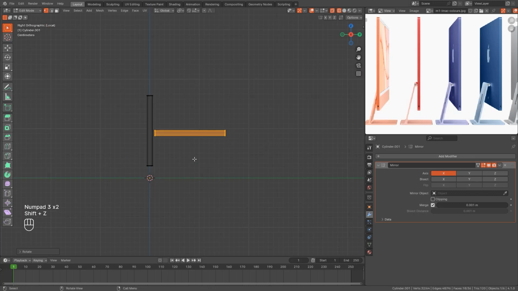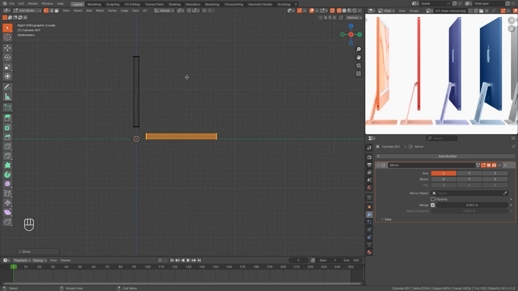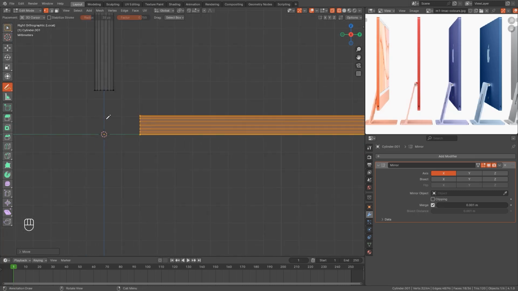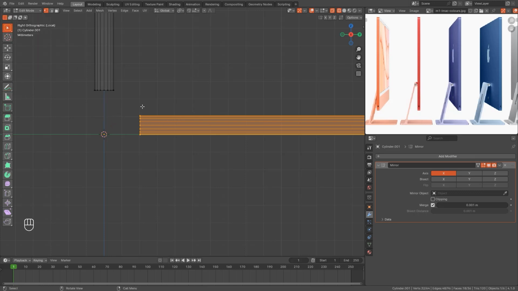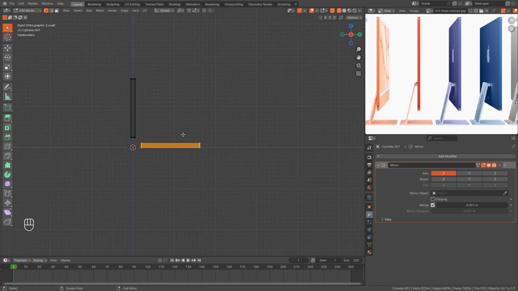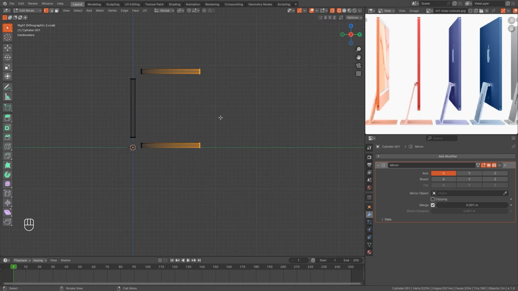Shift Z, it is better to work in wireframe view. Let's put it right about here. Remember, this should be the middle, and preferably the distance should be the same from the middle, so it's something to be careful about. That's fine, I think. And Shift D to create one here. Maybe select these, G Y to make them a bit